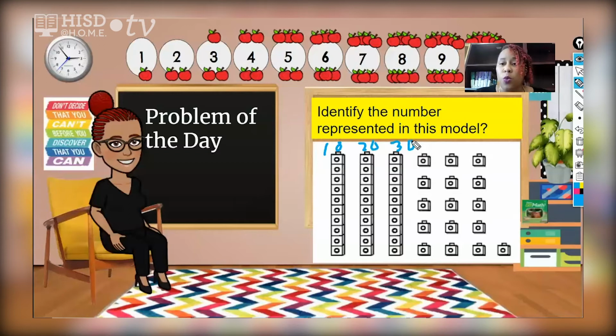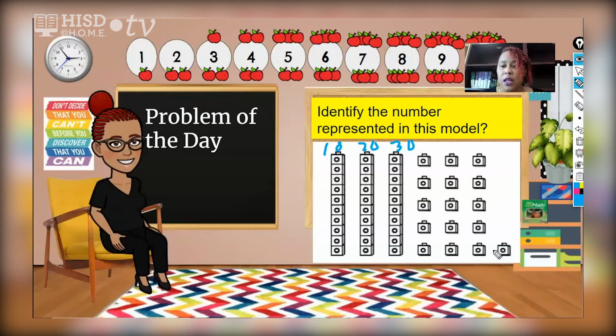So you may have looked at the ones and looked for another group of 10. Or you may have counted each one by itself. If this is 10, 20, 30, then we had 31, 32, 33, 34, 35, 36, 37, 38, 39, 40, 41, 42, 43, 44, 45,